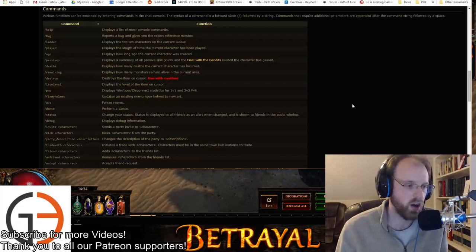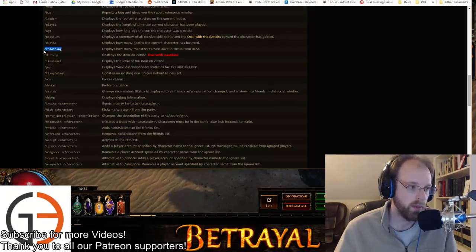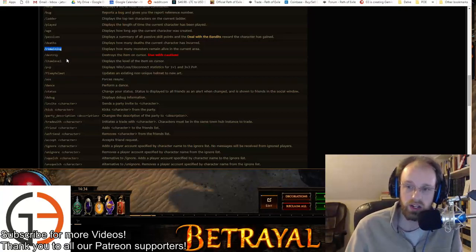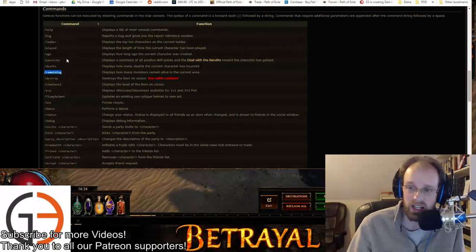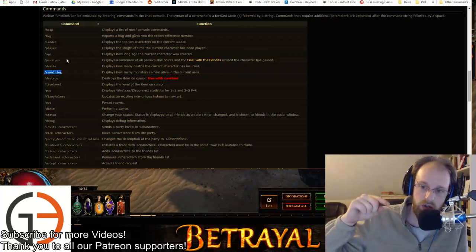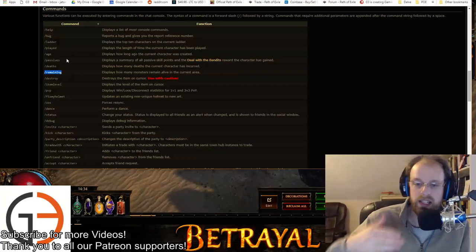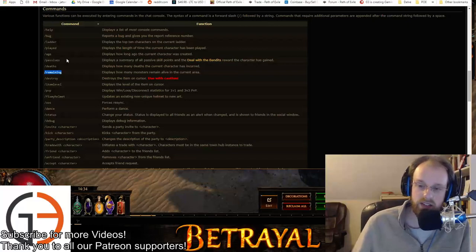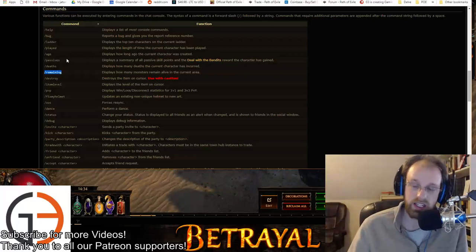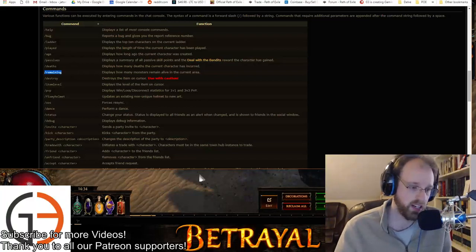Other commands that are very helpful are looking right here at remaining. This is really, really helpful. It displays how many monsters remain alive in the area. I use this one a lot when I am clearing out the Strand in Act 6. When you first go from killing Kitava the first time in Act 5 and you make it to Act 6, and you have to clear the Strand for Lily in order for her to become available to interact and to buy gems from, I will often use the /remaining